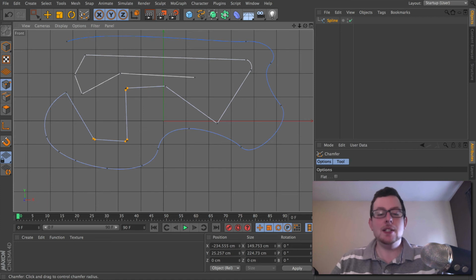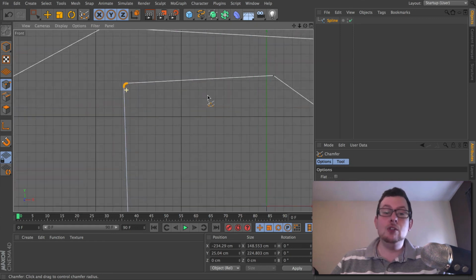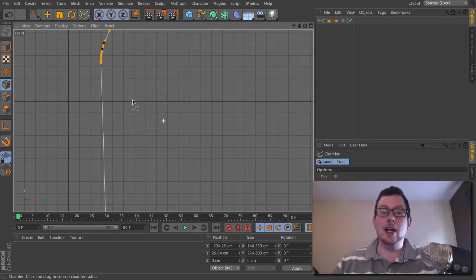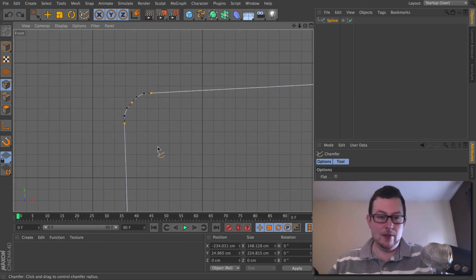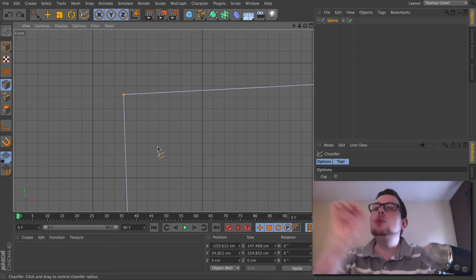One of the biggest mistakes I see people make with this chamfer tool is they'll click and drag, and they'll think, oh, nothing happened. I know, I'll try that again. Click and drag, click and drag. Oh, it's not working. Why isn't it working? Every click and drag creates new points. And what they'll have done, let's just undo these. If you just do a small chamfer